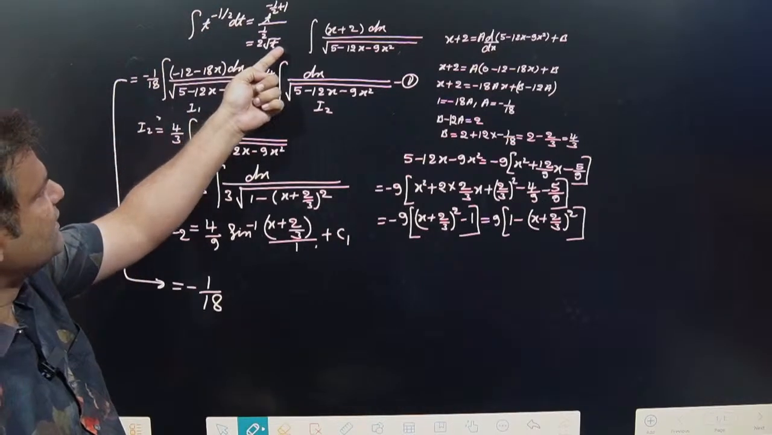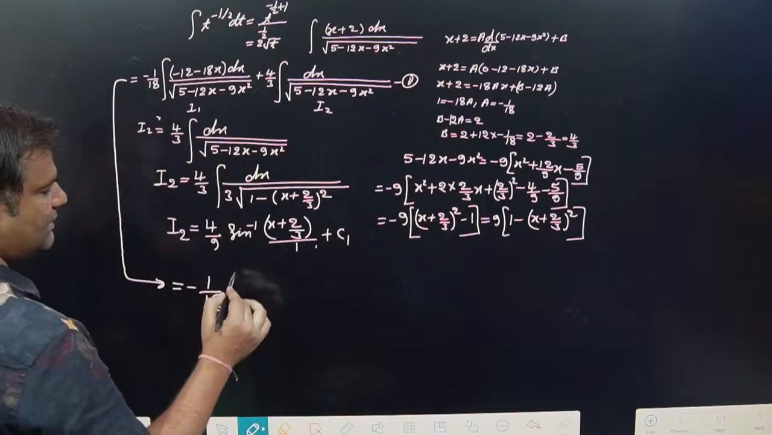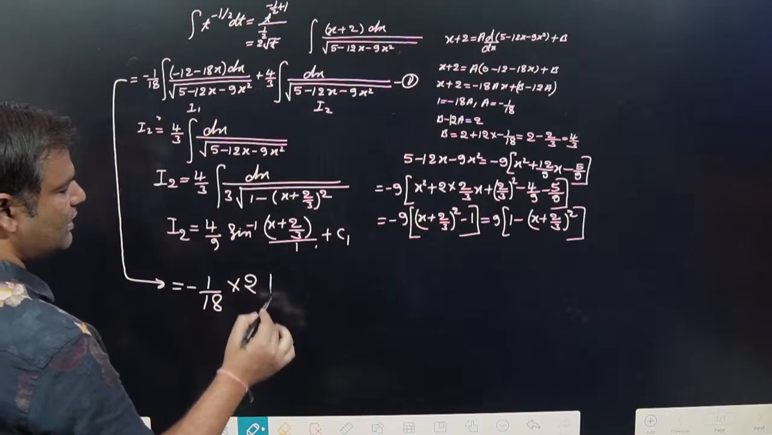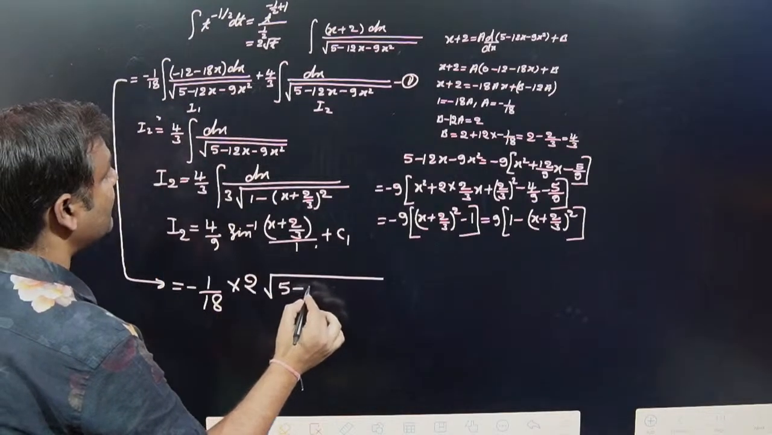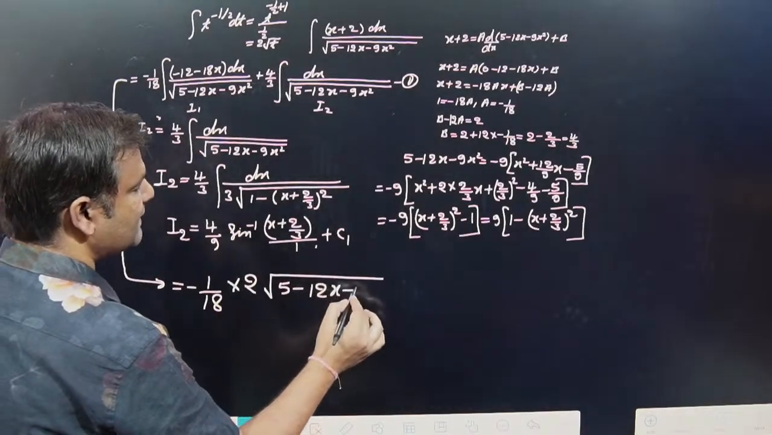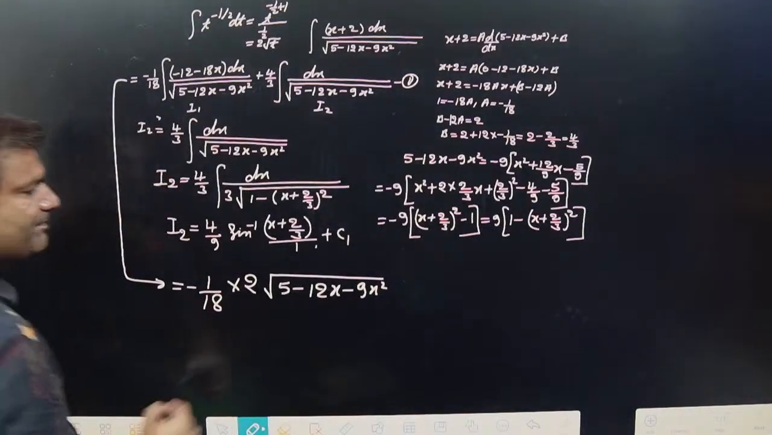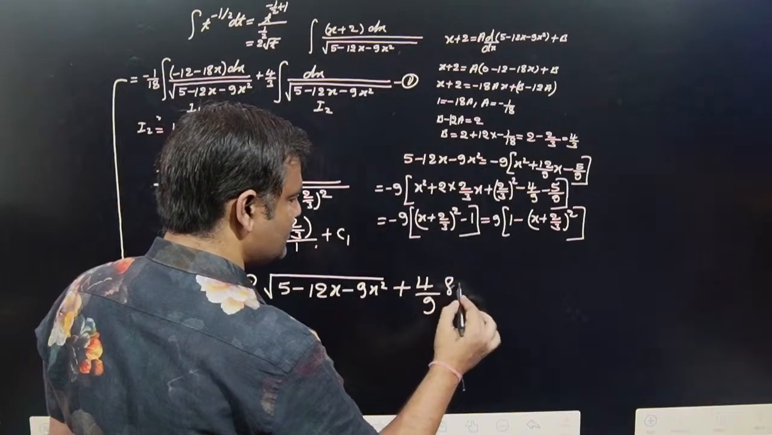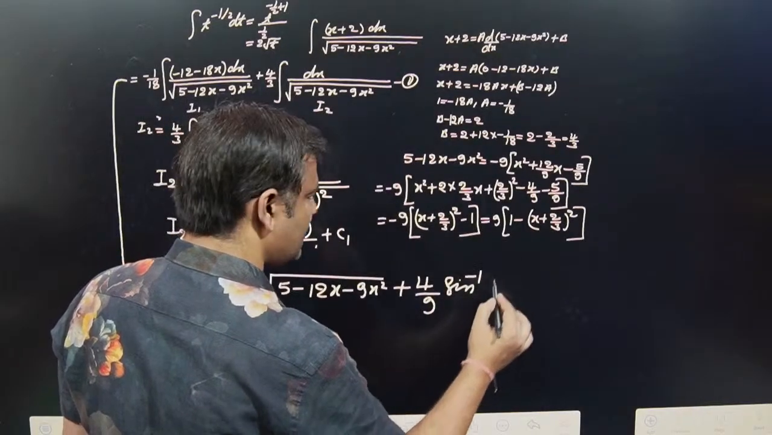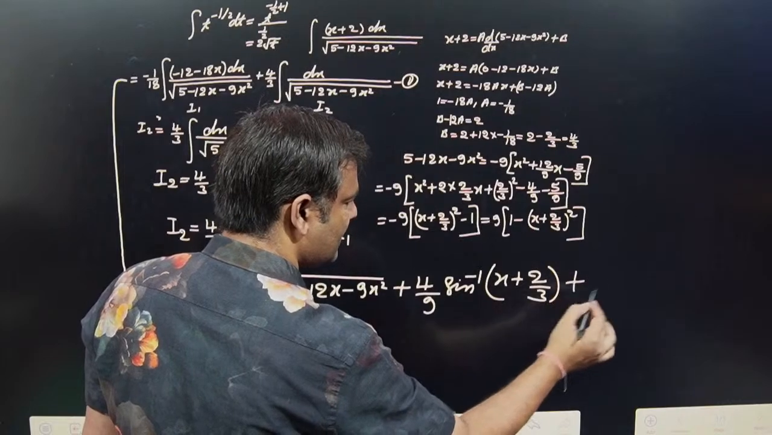So 2 into under root t. So you can say that this one basically 2 into under root of, what about that value? T basically 5 minus 12x minus 9x square plus 4 by 9 into sine inverse x plus 2 by 3 plus